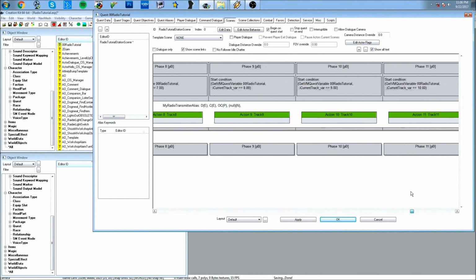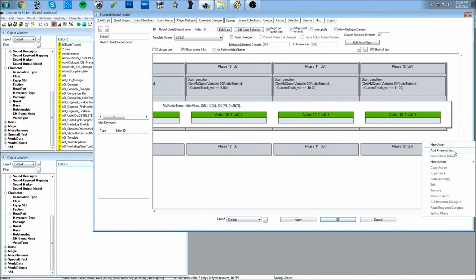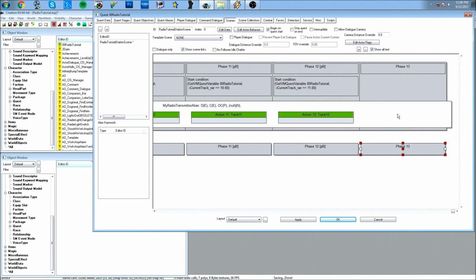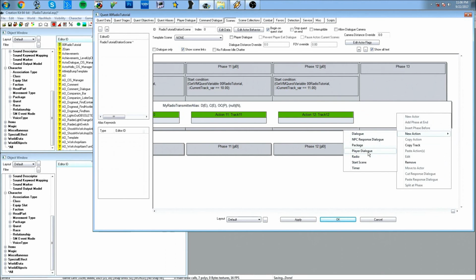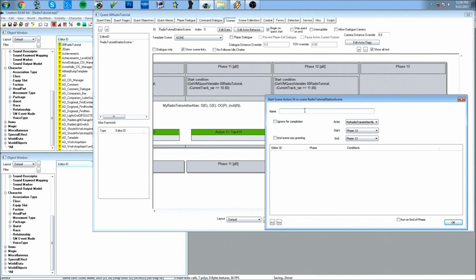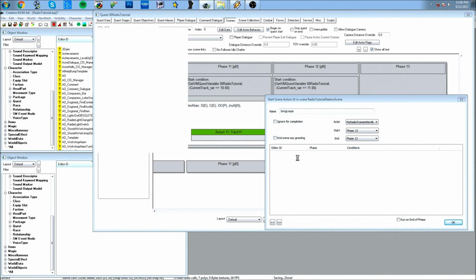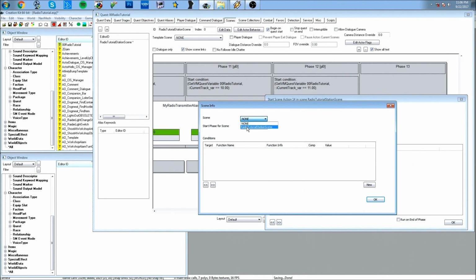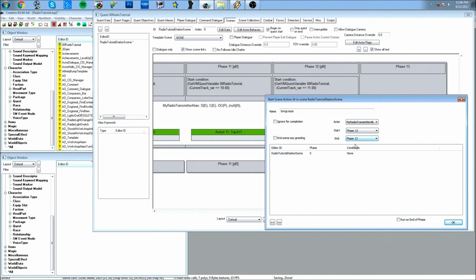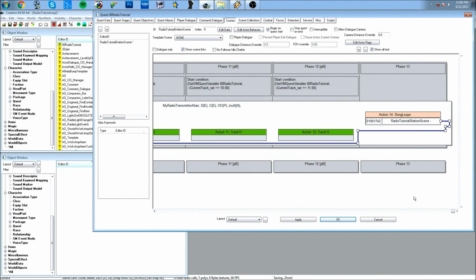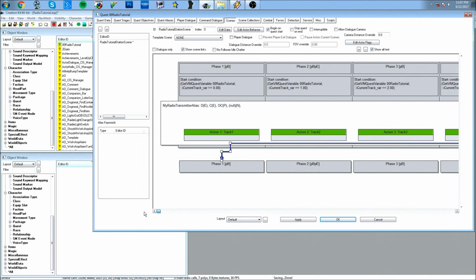And there's one more step that I need to take before I am completely finished, and that is add another phase at the end. And I'm going to want to loop this, so I'm going to create a new action, and I'm going to choose start scene, and I'm going to call this song loops. And here in the editor ID, I'm going to choose a new scene, and I'm going to choose the same one as this one, so that it goes right back to the beginning, and it loops the whole thing